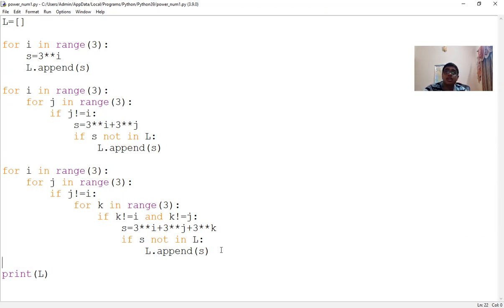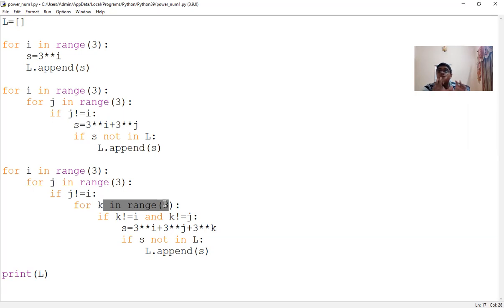You may analyze mathematically: say that this has m terms in the range, this has n terms in the range, this has l terms in the range. Then, using the multiplication principle in combinatorics, we can say that you need to execute the innermost block m times n times l times, the product of m, n, and l. And so that's a really huge quantity, isn't it? So again, here comes the point that it is not very algorithmically efficient.